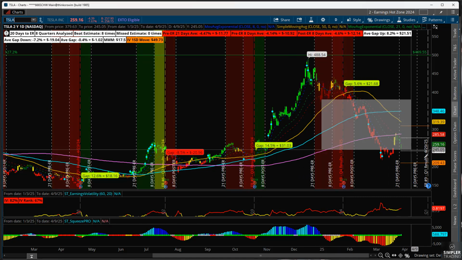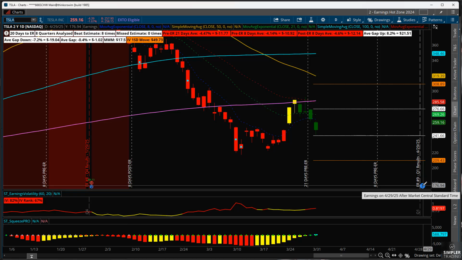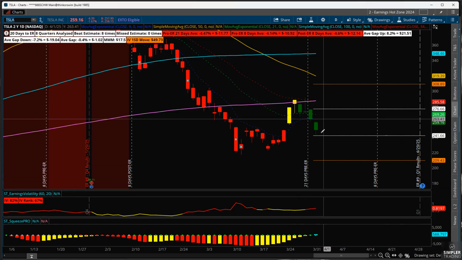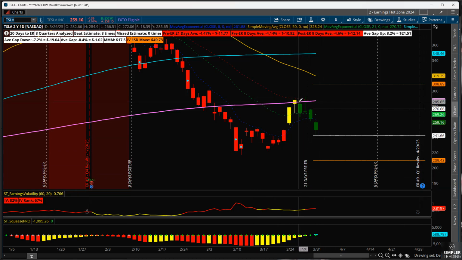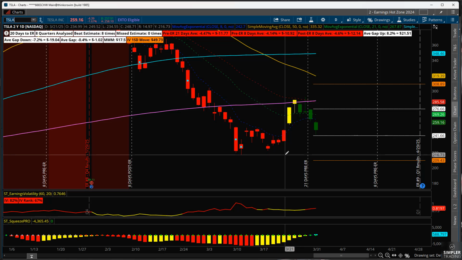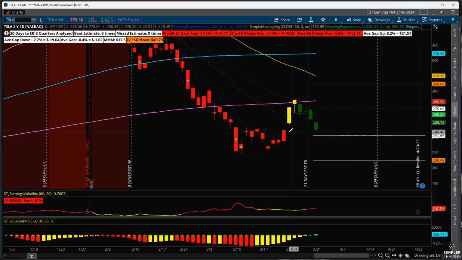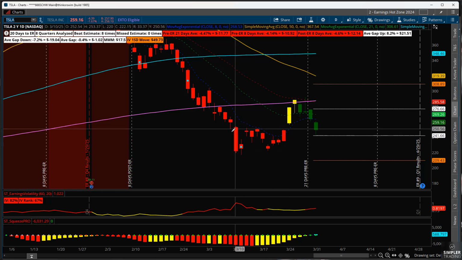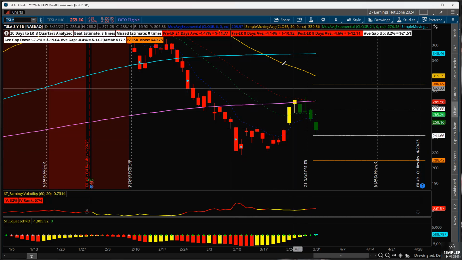So anyways, looking at this chart, you have the earnings report coming up around the 29th, end of April. You've rallied up into the 200 simple. You've hit that area. You've failed. So at this point, the target is going to be back down here at these lows. So that's going to be between 215, and then upwards at 245. I mean, that's just kind of this basic area of trade.